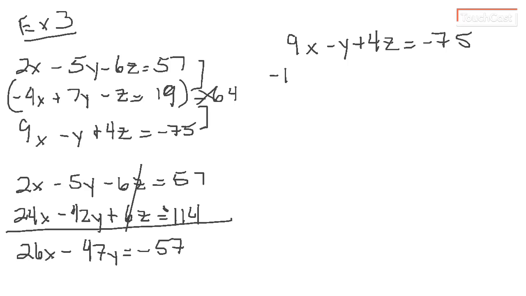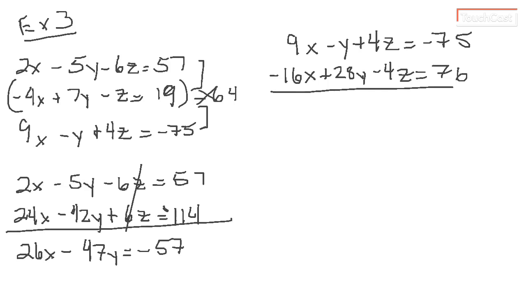So we're going to have negative 16x plus 28y minus 4z equals 76. So now we can combine our equations. The z's cancel out. 9x minus 16x is negative 7x. We're going to end up with a plus 27y equals 1. So we've got our system, that equation we just found, and we've got 26x minus 47y